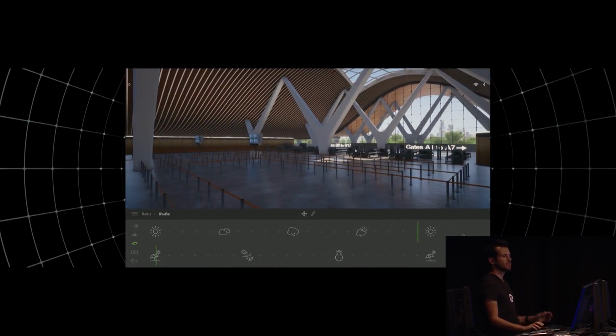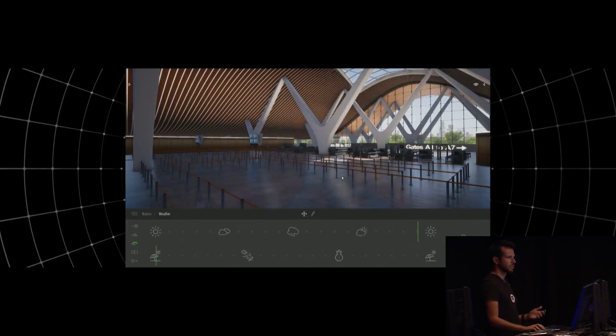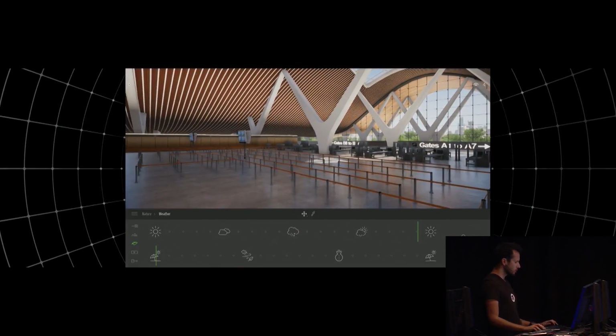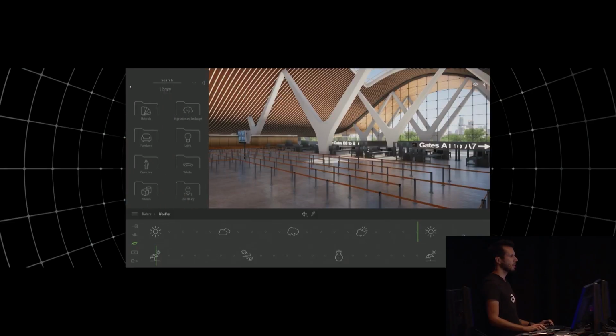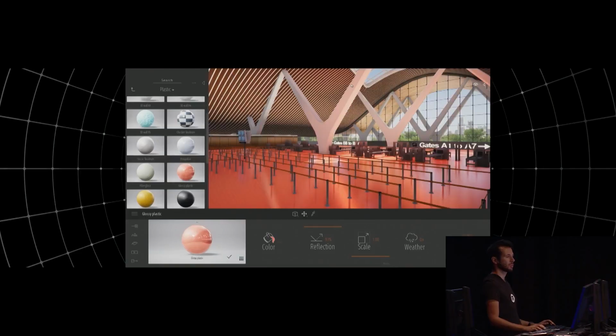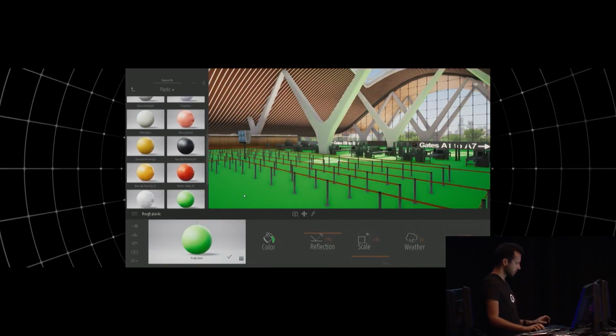Talking about the lighting, we just came inside, but right now it's pretty dark. Thanks to Unreal, now we have some GI using the light propagation volume. This was something we couldn't consider before. And Unreal was the only engine on the market that gives us this feature. So here, if I just boost a bit the intensity of my GI, the light is way more entering the building. Another way to show you this GI is just to jump into our material library and drag this orange one here. As you can see, my pillars have been overlaid by orange. Same with this green one here.